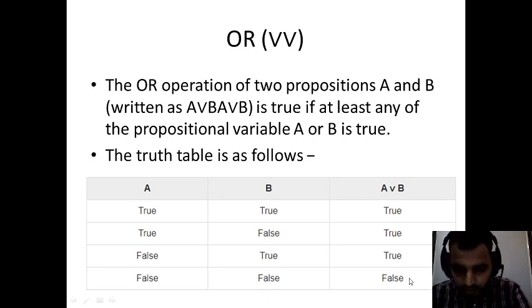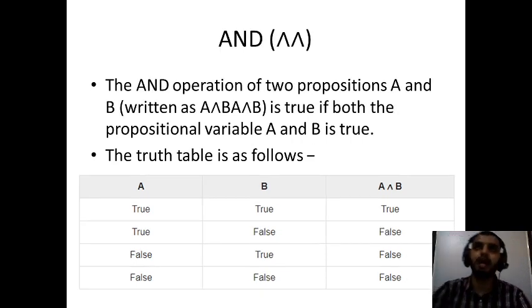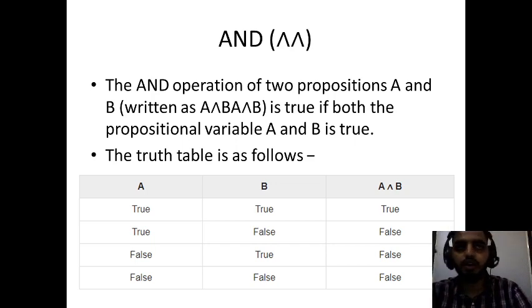Now moving forward to the next statement, that is AND. What is AND? AND is the opposite of OR, where both conditions should be true, and only then will the statement be true. In AND, both conditions should be true, then only the statement will be true.